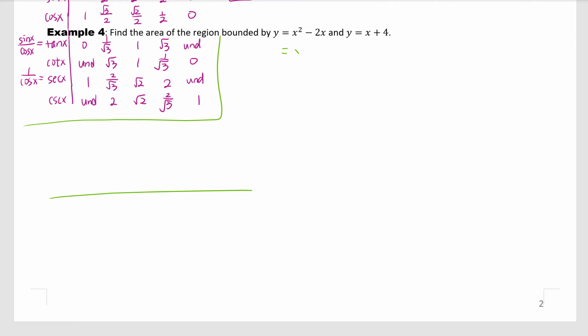Can you see we can factor out x and then we get x minus 2? So I know the x-intercepts are 0 and 2, and the parabola opens up. So 0 is here, 2 is here. So our parabola